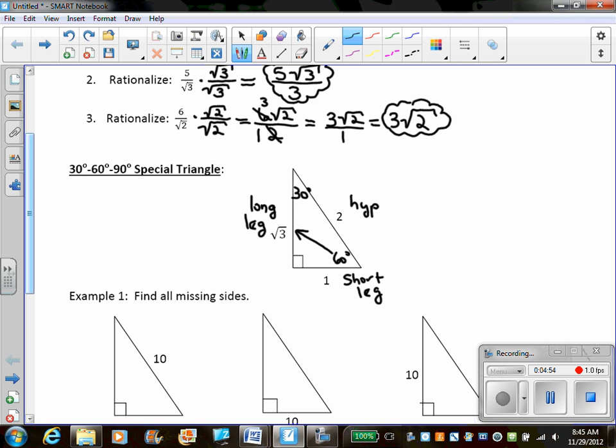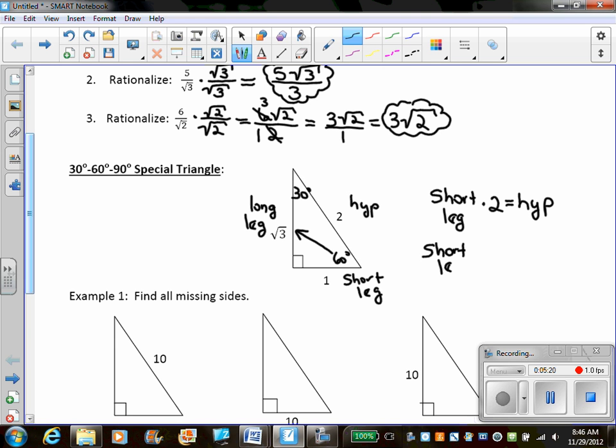And the relationship is that if you have the length of your short leg and you multiply it by 2, that will equal your hypotenuse. So it's kind of like, I don't want to use the word formula, but it is. It's a rule. The other rule is that if you take your short leg